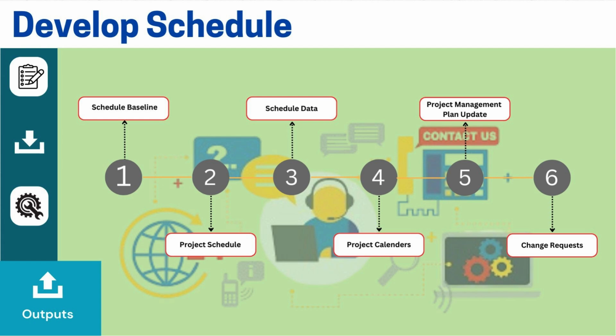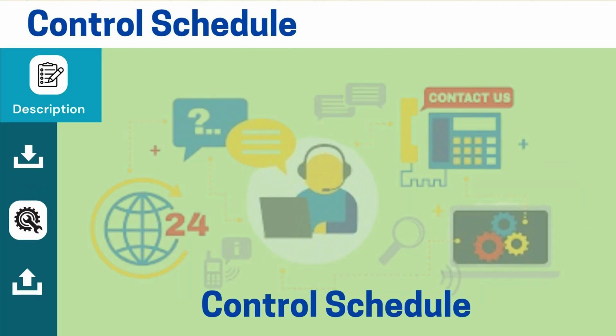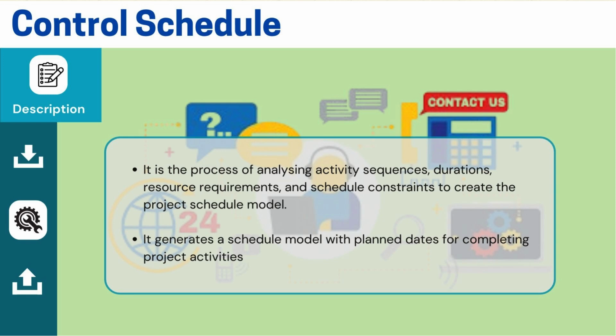Project management plan updates. It is important to update the project management plan regularly to incorporate change requests and new learnings. Once the project schedule is in place, it is crucial to control it. This is covered under the control schedule process. Controlling the project schedule. Since we now have a list of activities, their sequences, estimated durations, and assigned resources, we must ensure that the schedule is followed correctly.